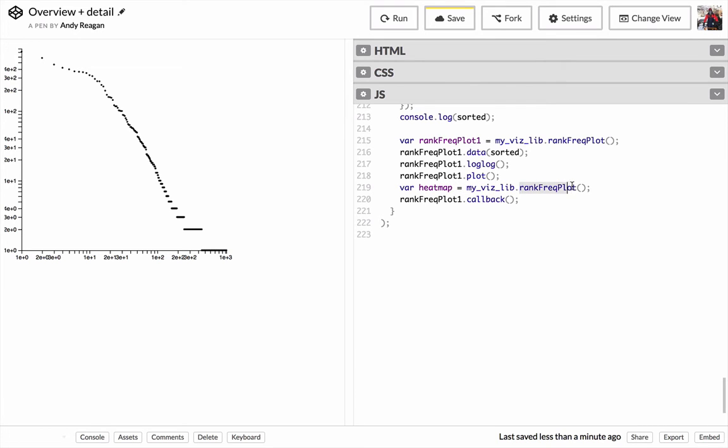We'll call our heat map object, and our callback is going to be, we're going to pass heat map dot, so we'll pass a function which is going to do heat map of data, and it's going to set the data on that of user timestamps of I. Our callback function is going to take a variable I,